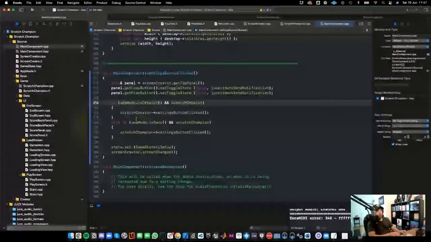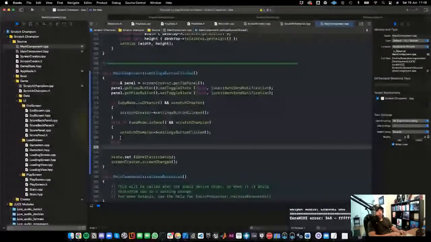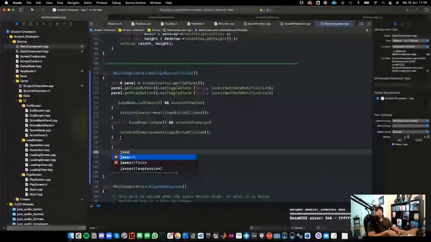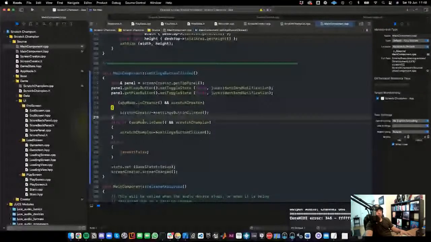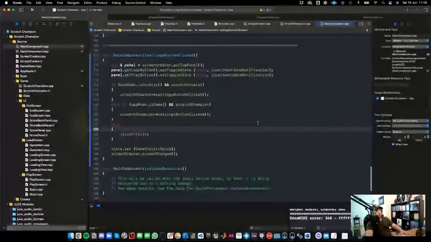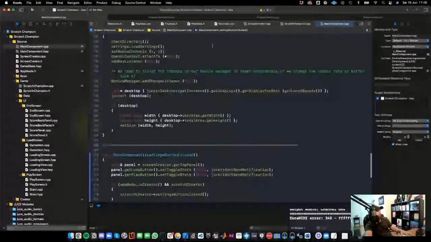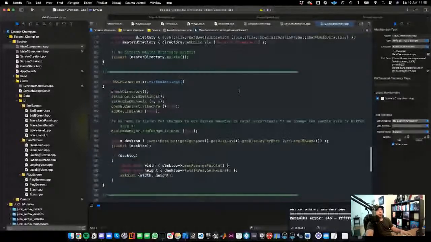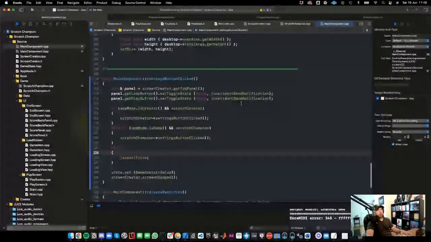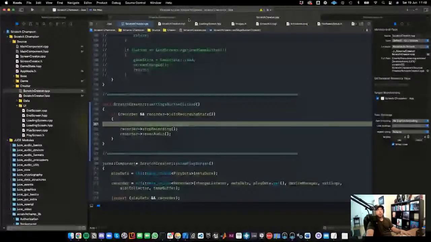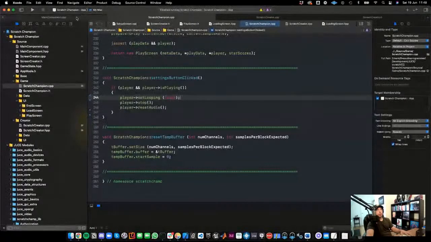because the main reason is that I'm going to do a JAssert false here to make sure that we don't run into a situation where something has gone awry and something's not right. So I'm just gonna leave that like that for now. But I might come back and clean this up a bit more. So okay, the settings button clicked is taken care of now,